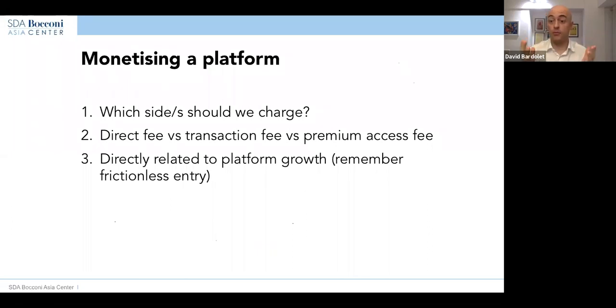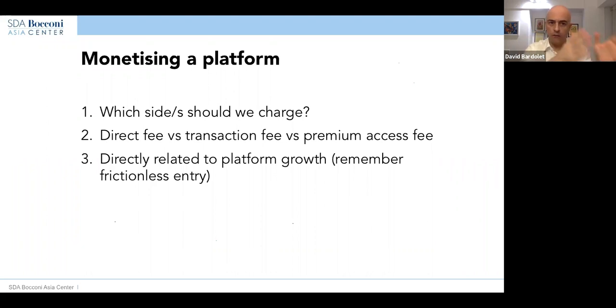It might not be possible. Exactly. It might not be possible. So you have to walk this balance between how fast you want to grow and use this cycle to get really big, and how early you want to start making money. And how do you want to get your customers used to paying in some different ways, fees or transaction fees, etc. So eventually they get comfortable with paying you money.